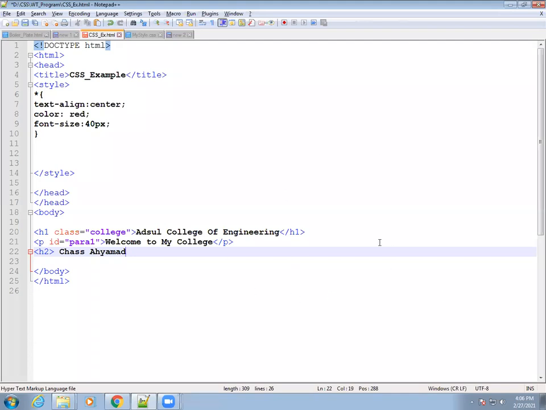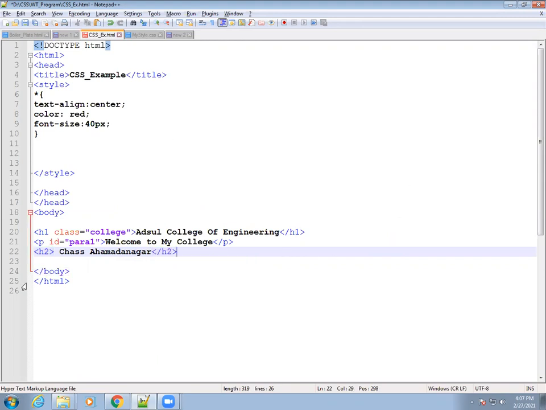Let's write where the place is. So I will write Chas, Ahmednagar. Let's complete this H2 tag also.